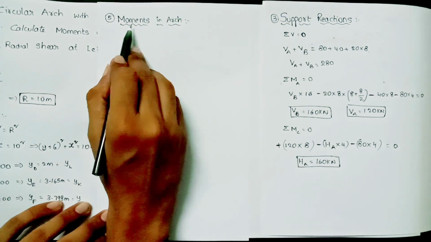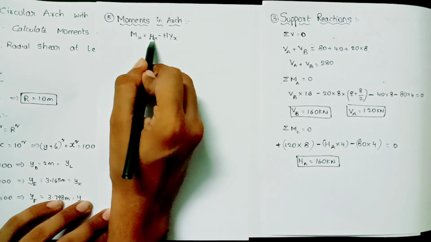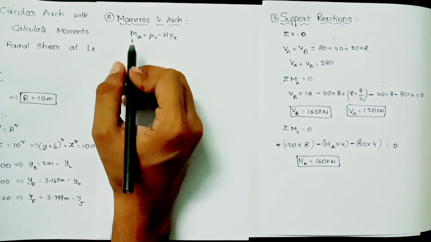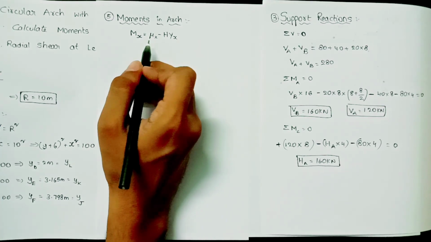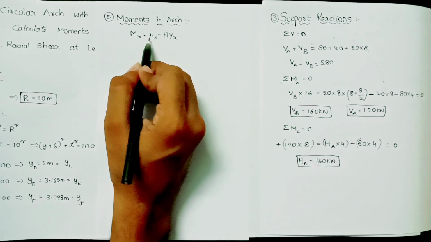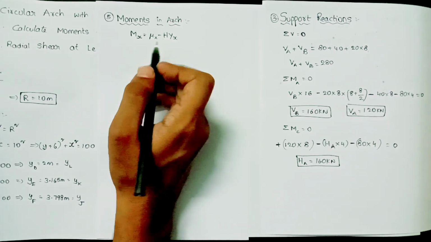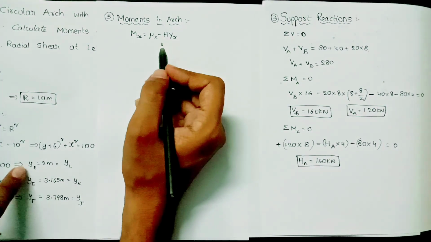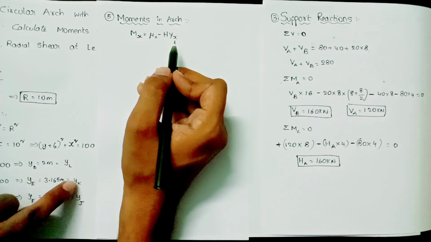Now the fifth step is to calculate the moments in arches. The general formula is Mx equal to Mu x minus H y x. Mx is the moment, where x is the point at which we are calculating the moment. Mu x is the simply supported beam moment, which we calculated in the fourth step. Mu values at various points were calculated in the previous step, so from there you will obtain the values of Mu. H is the horizontal reaction, which we have calculated as 160 kilonewton, and y x is the rise at various points: yD, yE, yF, yJ, K and L.